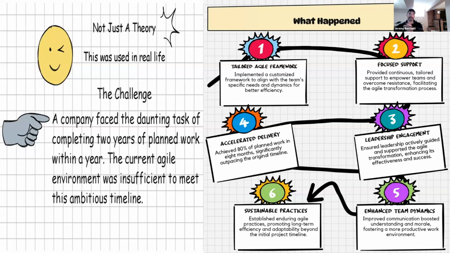So as I said, this isn't just a theory. This book wasn't really a theory. It's stuff that I've built up over time. And the company that I just talked about this past year, they were trying to complete a whole lot of work, and they were just having a hard time doing it. They initially thought it was going to take them 2 years to get it all done. They were able to get close to all of it done within like 6-7 months. So here it says 80% done in 8 months.